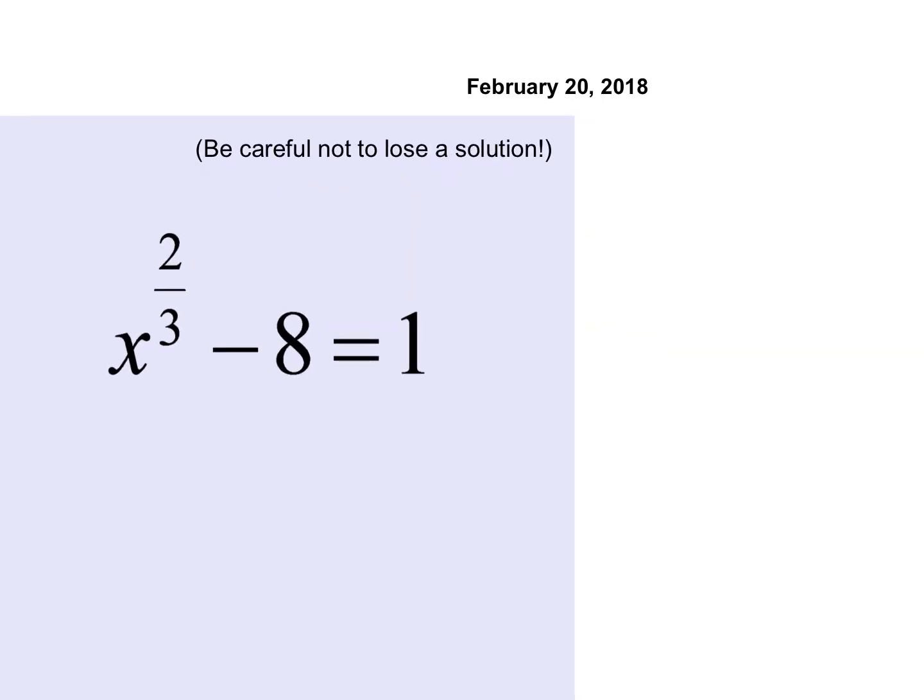Okay, let's see if it happens again. Olivia, how do I start this one? Plus 8. Yep. And now I have x to the 2/3 equals 9. If I solve it from there,